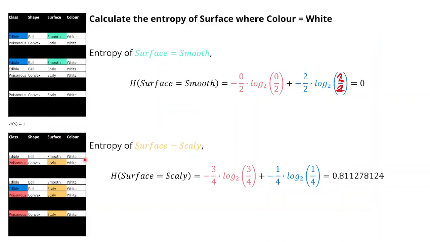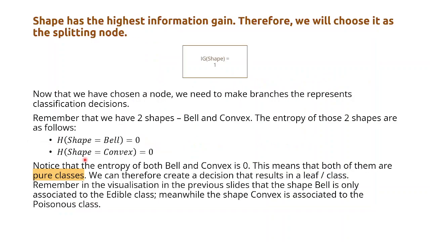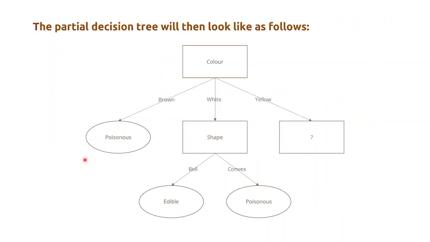So, gamito na nato siyang information sa atong decision tree. So, that's why ang atong splitting node, gihimo na tong shape. Ang atong classification kay if bell ang iyang shape, edible siya. If convex ang iyang shape, poisonous siya. Ingana lang. So next, we have to repeat the process if yellow ang color sa